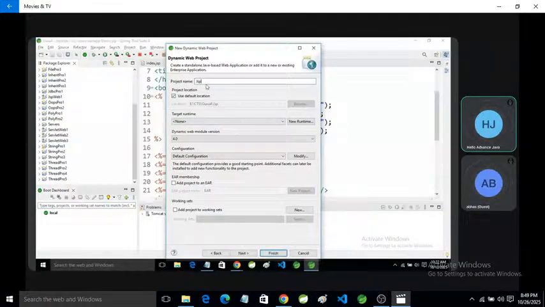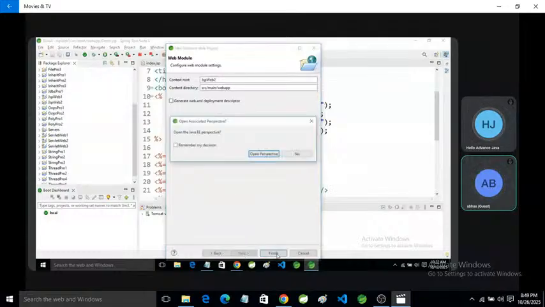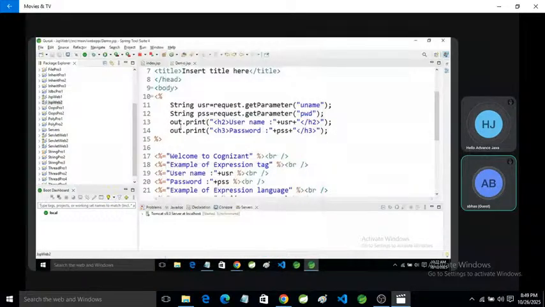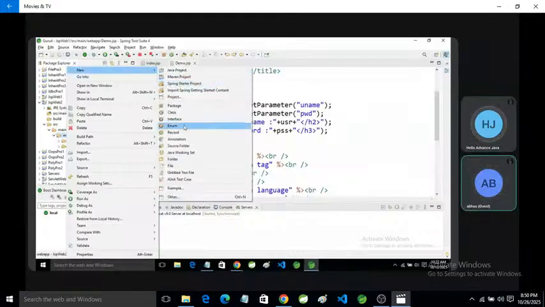Then one thing, if you want to calculate something, how will you do it? Which directive do we use, just like in a servlet? Suppose you want to perform a calculation like 2 plus 2, then which directive will you use? I'm going to create an example.